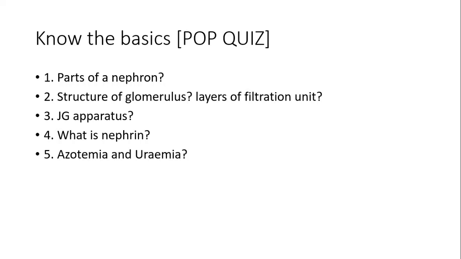The juxtaglomerular apparatus we have already discussed. What is nephrin? That also we have discussed. It is a proteinous material which forms a mesh, a sieve, what we call a chaani in Gujarati, and that sieve is responsible to stop or to promote the filtration of various components present in the blood circulation. Azotemia and uremia we have already discussed. Uremia is the condition where biochemical markers are high with clinical presentation, while in azotemia you will find only raised creatinine and urea.